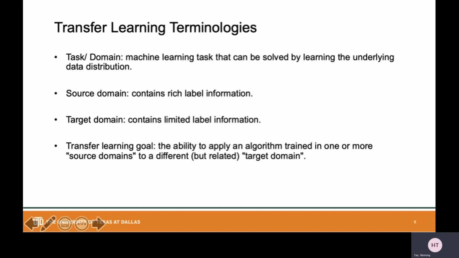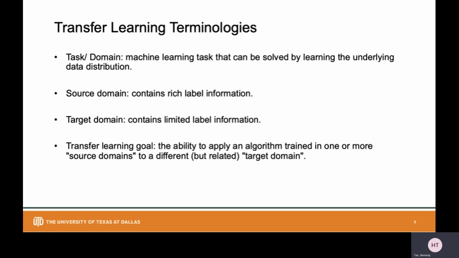Due to the lack of labels we mentioned before, we cannot directly train a supervised machine learning model on the target domain. That's why we try to utilize the label-rich source domain to get some transferable knowledge and then train a reliable model for the target dataset.